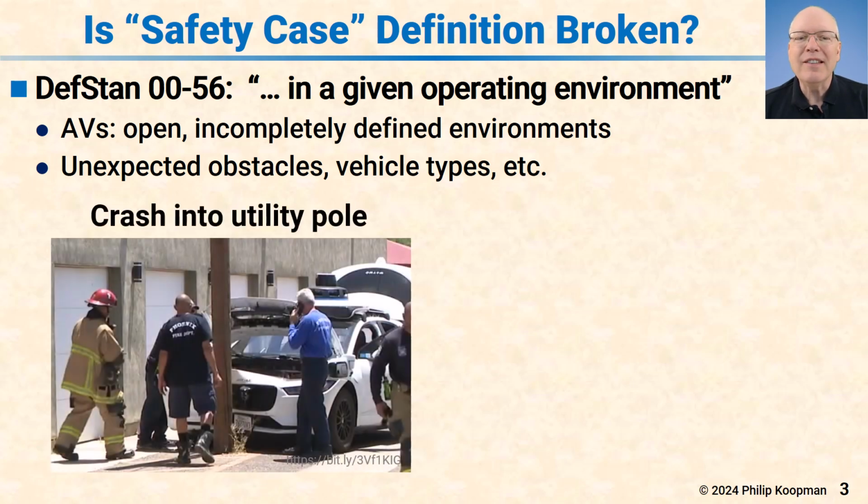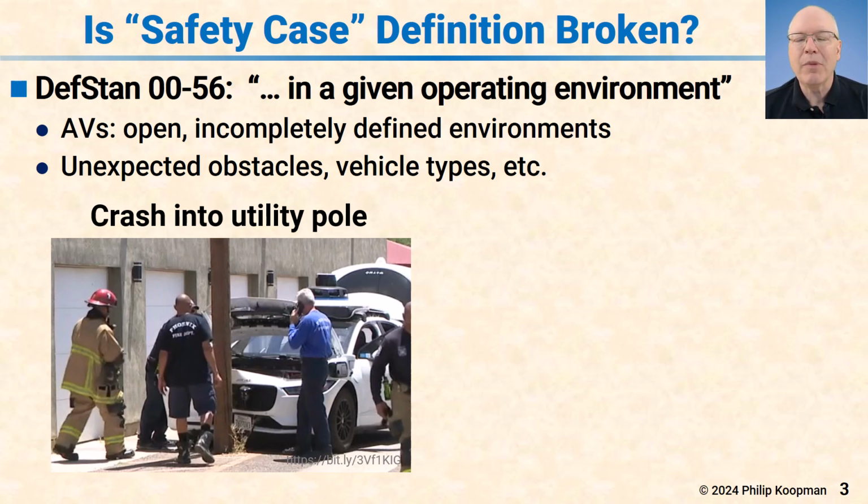A couple recent examples include a Waymo robotaxi crashing into a utility pole. According to their public statements, it seems that all utility poles were tagged with low severity, meaning okay to crash into it, which is clearly the problem. But this did not emerge until they found a utility pole to crash into that was not protected by a curb. Because curbs are not okay to crash into, and if the utility pole is behind a curb, then you'll never encounter the utility pole.